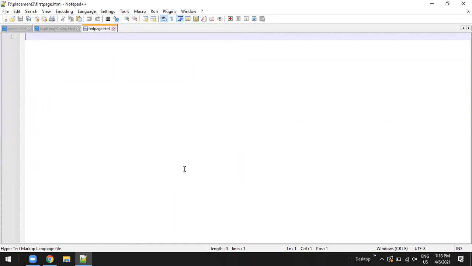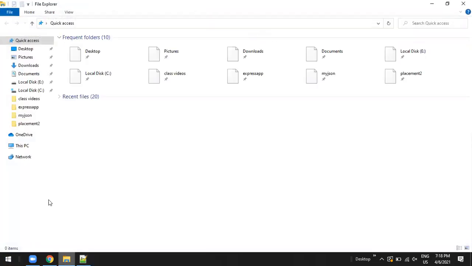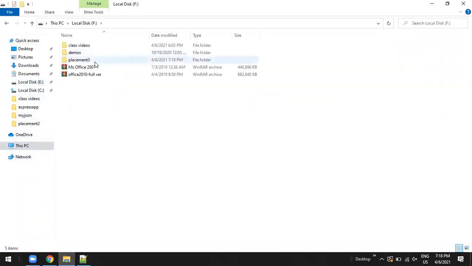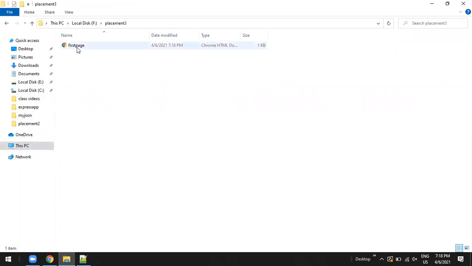Now you have to start writing the program. Write anything, hello world, and save the file. After writing the code and saving the file, it will be saved in your folder. Where is the folder? F drive, in the placements folder you have the first page, and then it will automatically load in the browser.